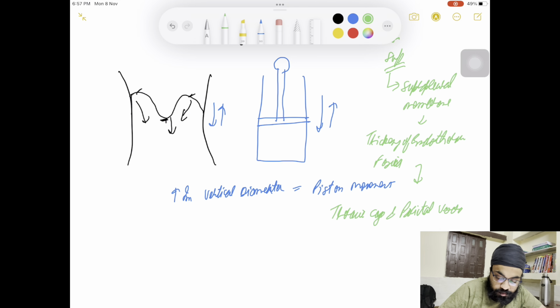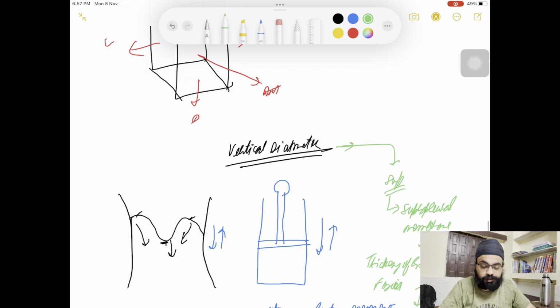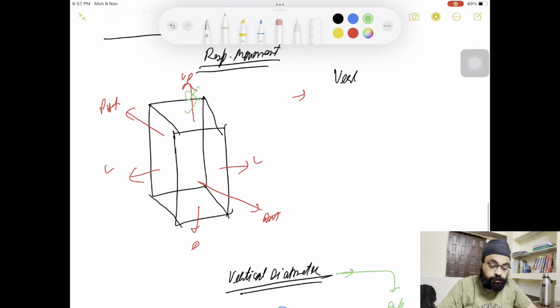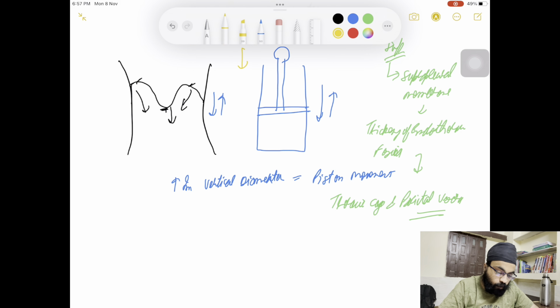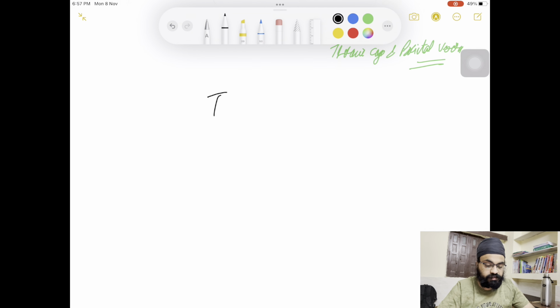All of you know that there are 2 pleurae, one visceral and one parietal. So this is present between the parietal pleura and the thoracic cage. Hence, this cube cannot expand upwards. So in order to increase the vertical diameter, this cube can only expand downwards. That is what I have explained with the help of the piston movement. It is known as piston movement, also piston handle movement in some books. I hope this is clear. The piston movement is clear. Now I'll move on to the second aspect, that is the transverse diameter.